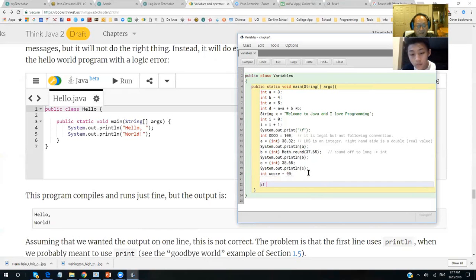And last time I told you, if the score is greater than or equal to 60, then right here I have a string grade, and I say grade equals D, right? And then else